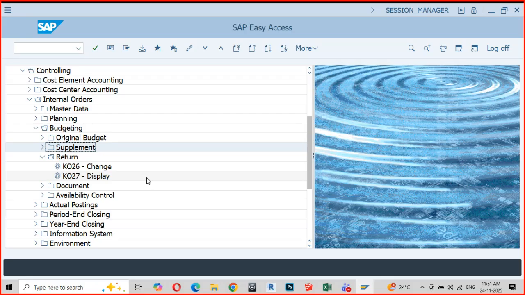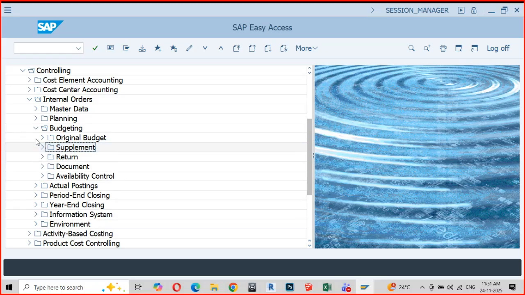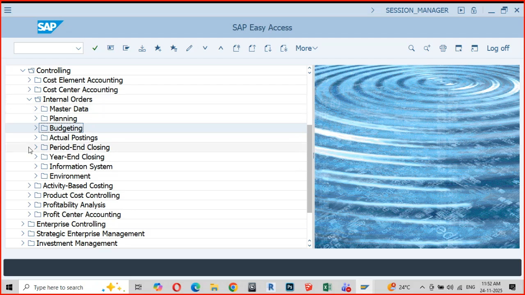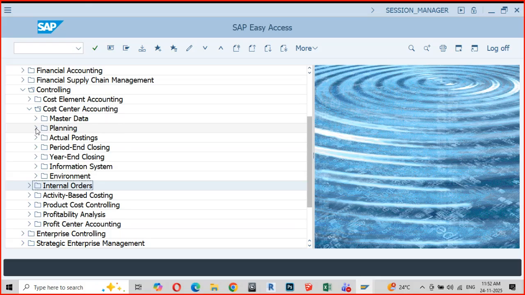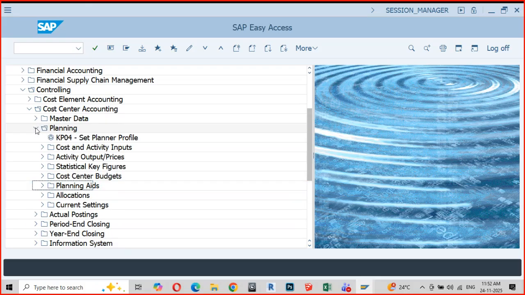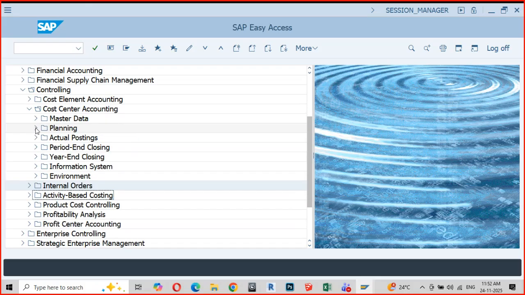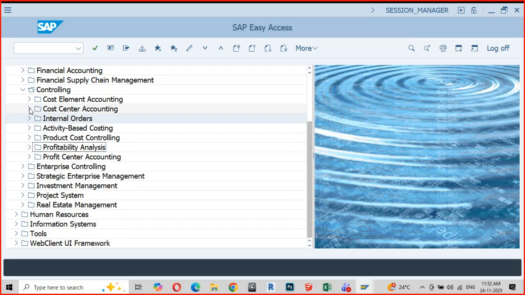So all these concepts are possible in your CO. So we are looking at the internal orders. You can see the cost center also. In cost center also, you have planning, you have budgeting, see, planner profile. Clear, students? For everything you have your profitability analysis, your product cost control. Clear? So for each of the entity in your CO, you have this concept of planning and budgeting, and also